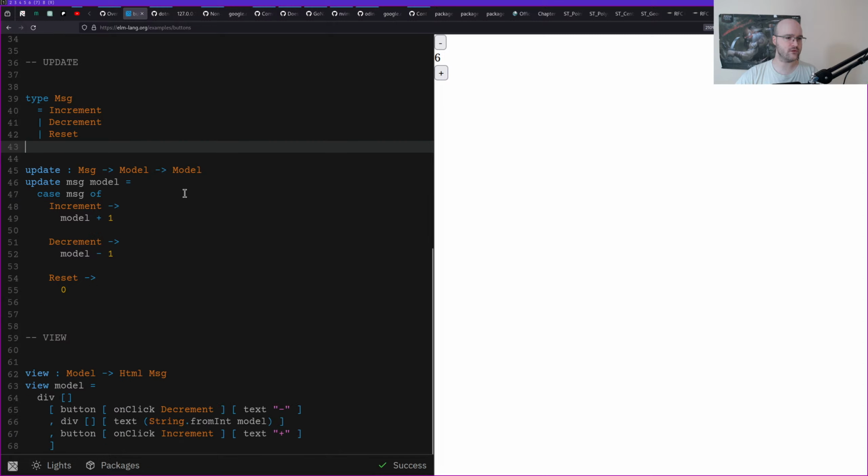We need a button for this. Let's throw up a button also. Actually, let's say when we click on the number, we're going to reset. On click, reset. Let's just rebuild here. Now when I click on the number, we just reset. And all I actually had to do was effectively just say there's a message, reset. There's a way to handle that message. All of this to say that,